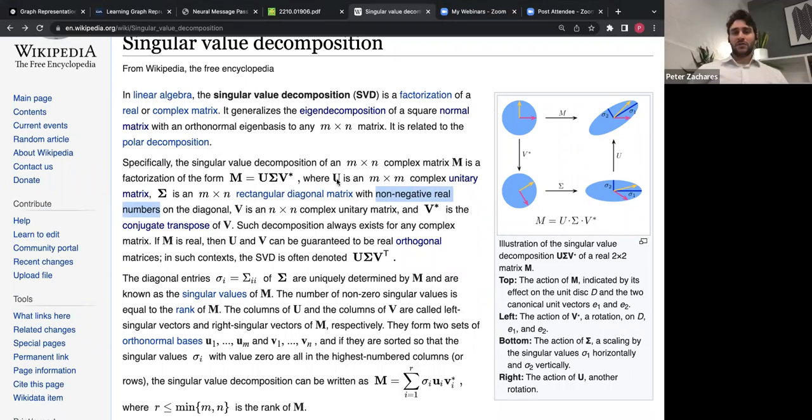But it says over here that singular values are non-negative real numbers. So they're going to be non-negative. But anyway,